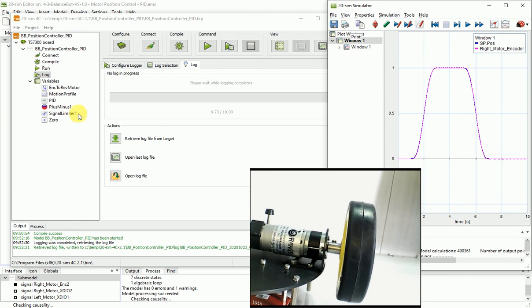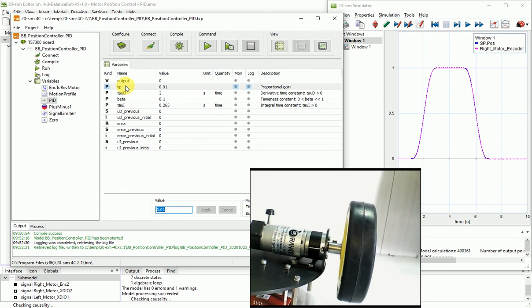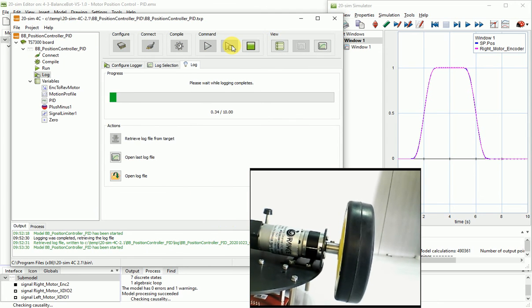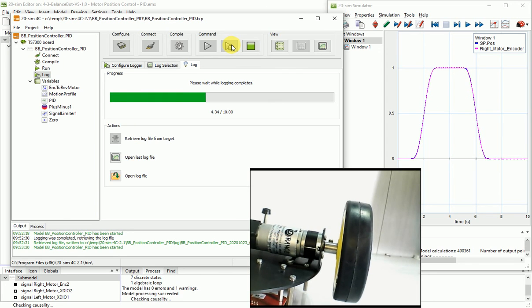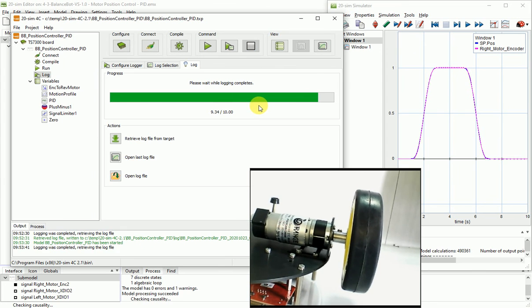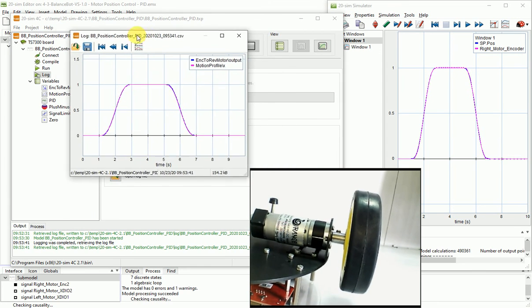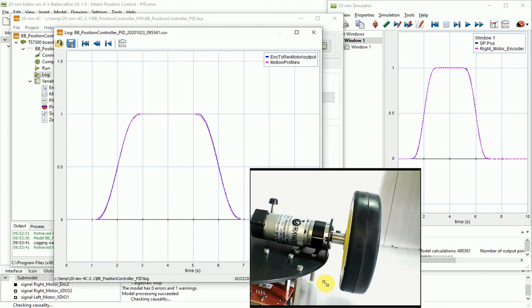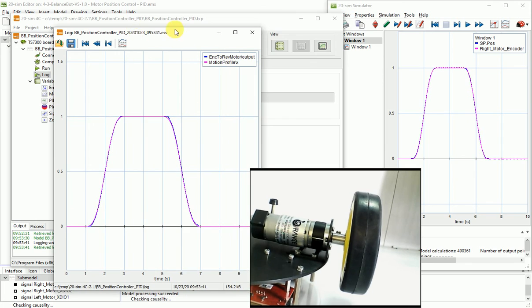I go to PID and set this KPS 1 and click on apply and run this plot again. So here you can see it takes one turn and comes back anti-clockwise. So there you can see that this is very close to the simulation data.